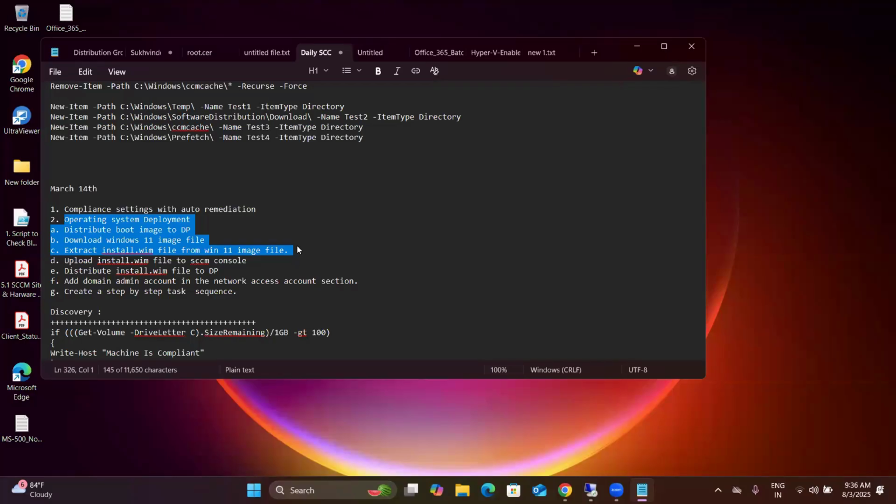ओके, सो ऑपरेटिंग सिस्टम डिप्लॉयमेंट, ओएसडी, the major part of SCCM that can be done in the organization. So with the help of OSD, with the help of SCCM, right, you can re-image the devices. Now, what is re-image, Ravi? इमेज, लाइक नेटवर्क बूट, जो हम लोग ओएस को बूट करते हैं।